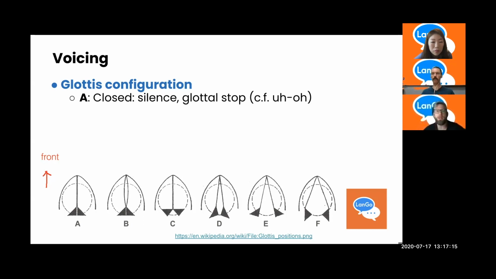We have that there represented with A. And so this is the sound in the middle of uh-oh. If you have ever spent time in Hawaii and heard Hawaiian language, it's phonemic in Hawaiian language, right? So when you say ukulele, that's not how Hawaiians might say it. They might say it more like 'ʻukulele', right? And at the very beginning of that sound is not a U, it's a glottal stop.